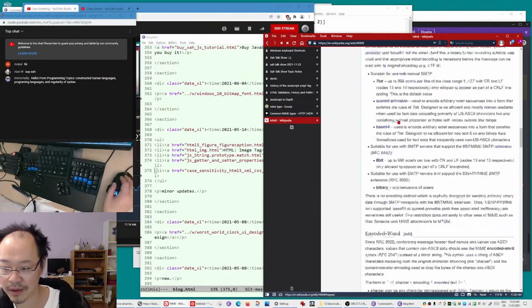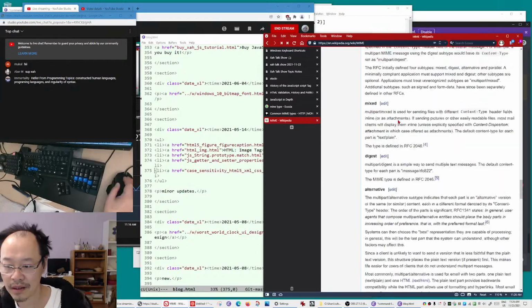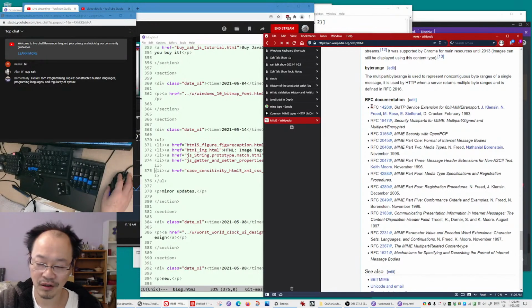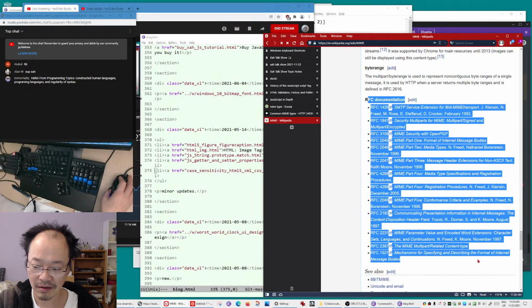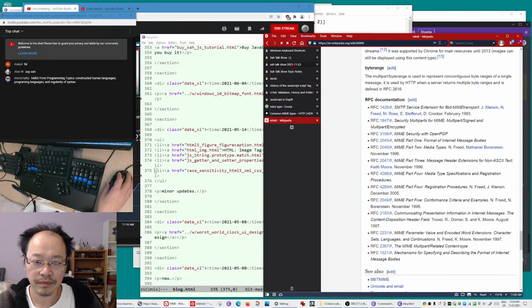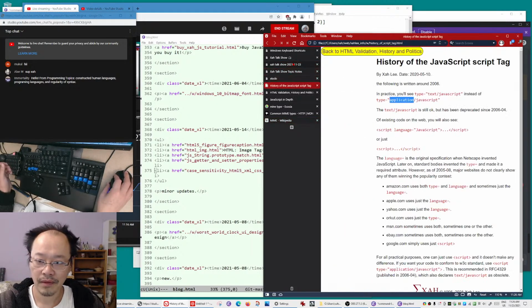Anyway, do they have a list of MIME types? So here you are looking at RFC. Now RFC is the standard organization publishing standards in the Unix era, in the 1980s and 1990s, just like the incomprehensible ECMAScript.